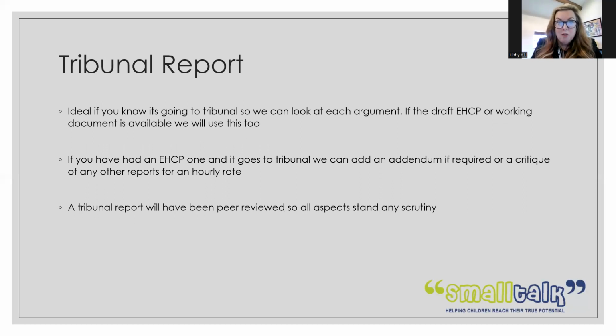Now, for a tribunal report, this is what you need if you're going for a paper-based tribunal or a face-to-face tribunal or an online tribunal. So it could be refusal to assess, or it could actually be refusal to issue, as well as for those tribunals that are looking for settling sections B, E, F, and even I. Now, the tribunal report